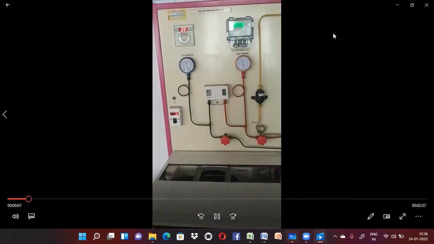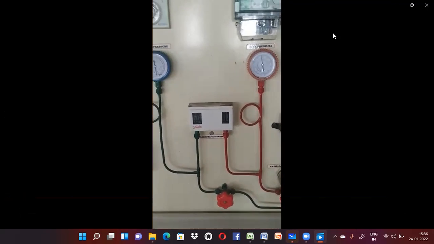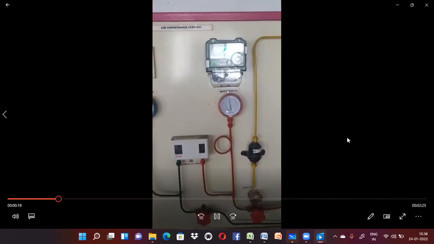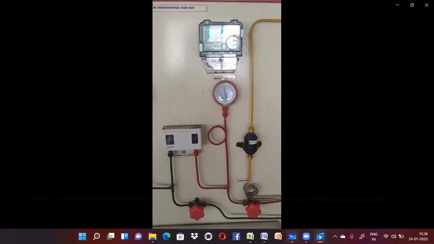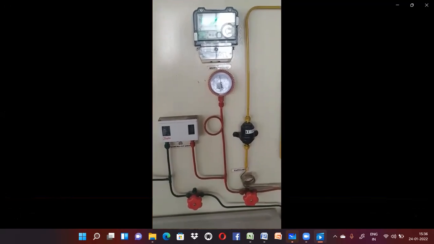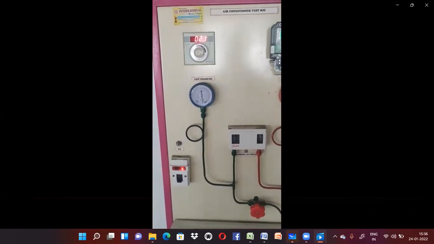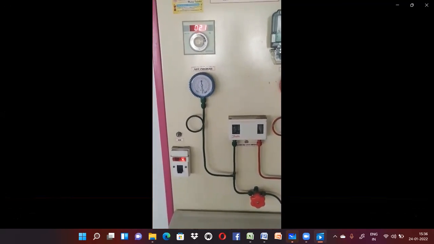Let us start the operation of our air conditioning system in our laboratories. What we are showing here is the air conditioning test rig. In front of us at the top, we have our digital watt meter used for measuring the energy used during the test period. At the left, next, is the thermometer, which also records 6 different temperatures at